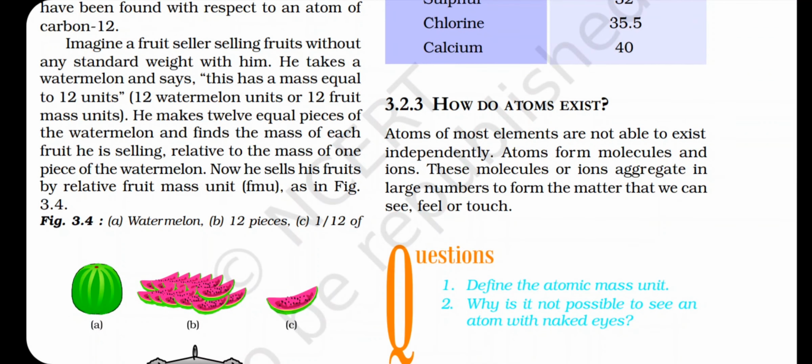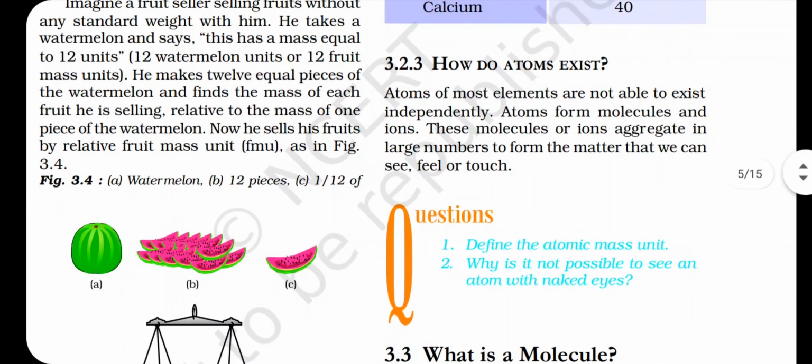So how do atoms exist? Atoms of most of the elements are not able to exist independently. So atoms form molecules and ions. These molecules and ions aggregate in large numbers to form the matter that you are able to see, feel or touch. So most atoms are present in their molecular form, not in atomic form, because they cannot be present in atomic form. But some atoms such as